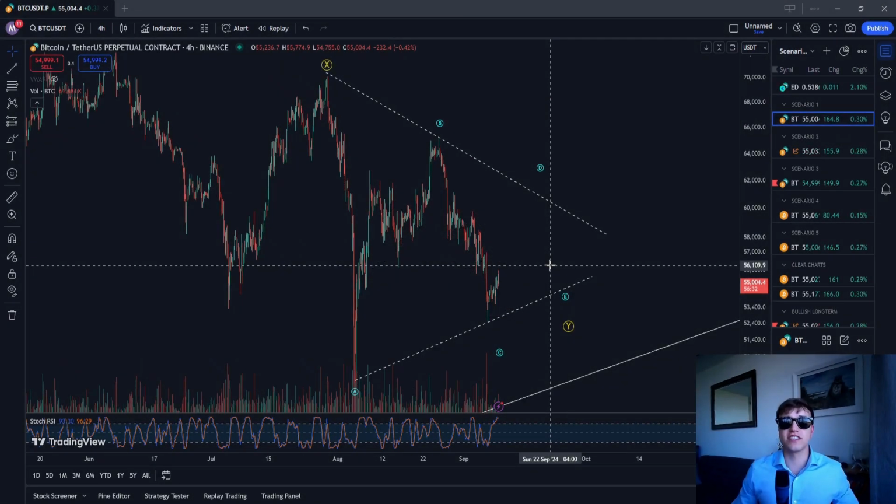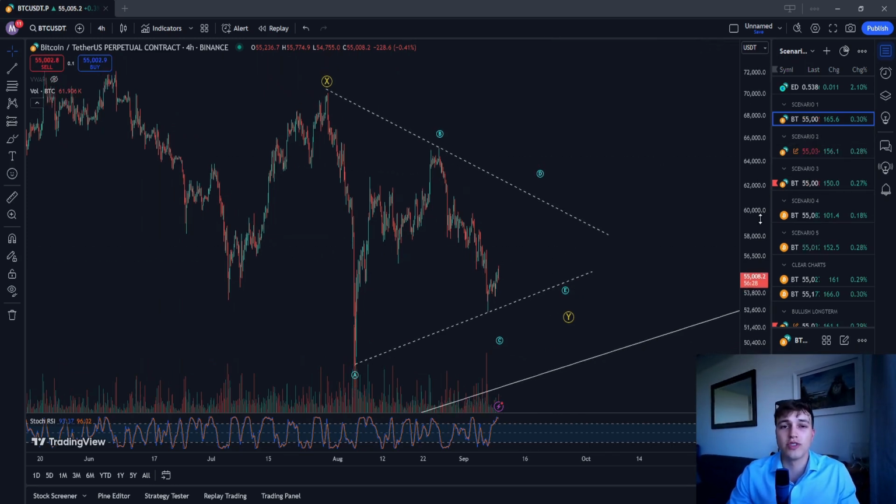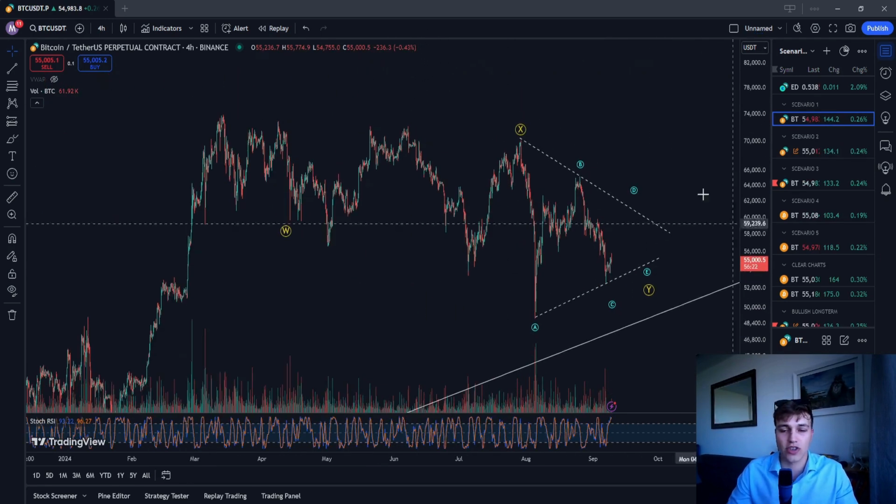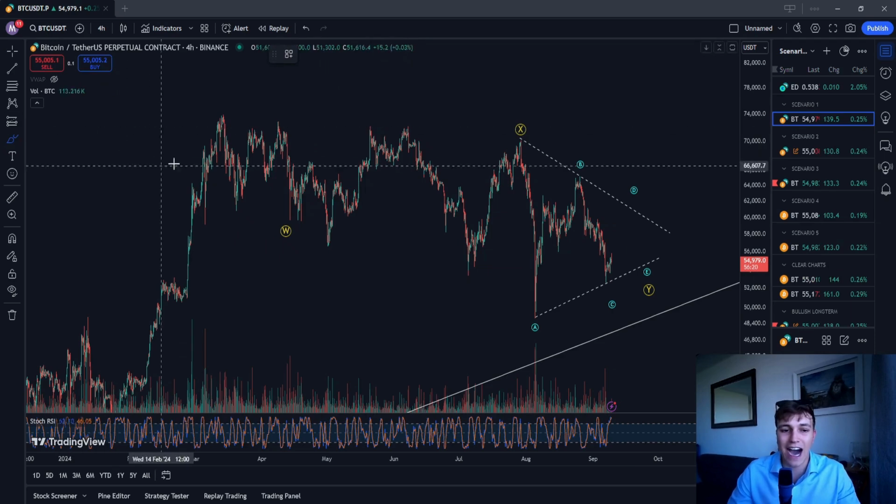Okay, enough of the nonsense. Let's get into the charts. Today we're going to be talking about two scenarios and then going to be doing trade possibilities like usual. So starting on the main scenario at the moment, we have an unfinished